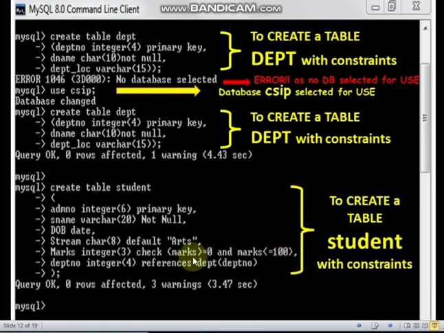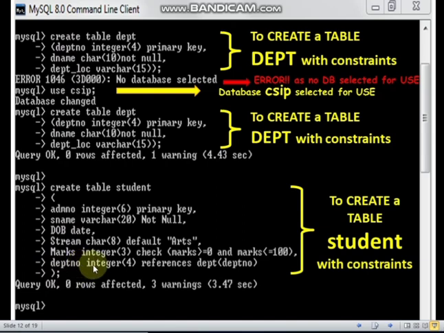Bracket close. This bracket close is for this condition, and then comma, and then department number. The last column is the foreign key, which is referencing the DEPT_NO of the first table which I created, the master table.